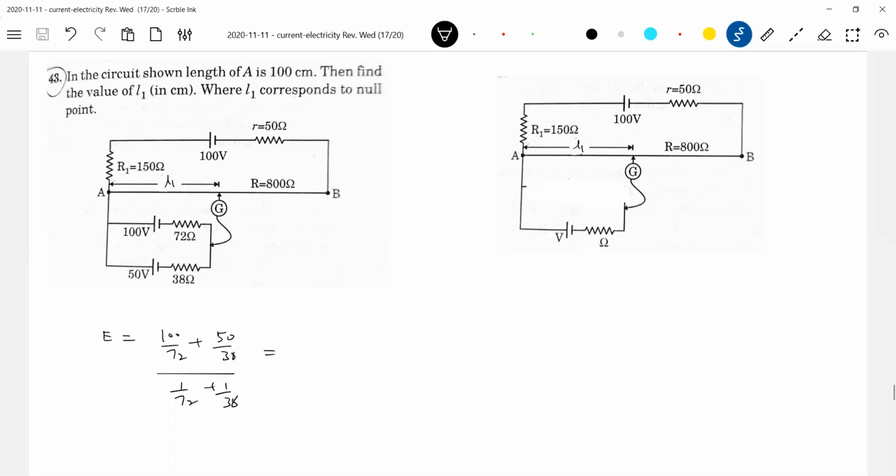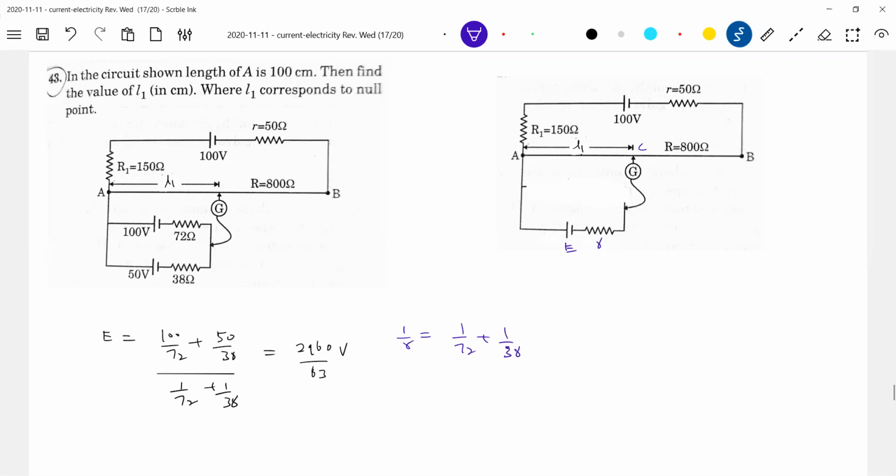Anybody got the value of E? 2960 by 63. That is E. This is E, we'll get it. So what is R? R will be the parallel of this, so 1 by 72 plus 1 by 38. Then I should go for L1. So what is L1? L1 should be,